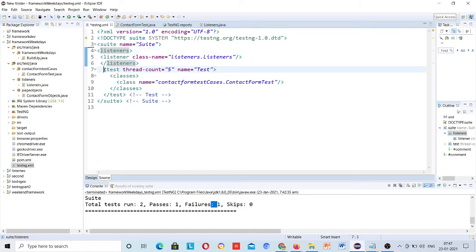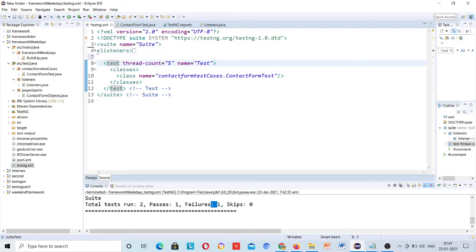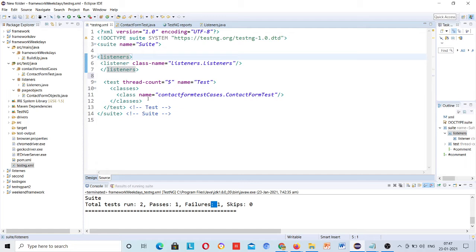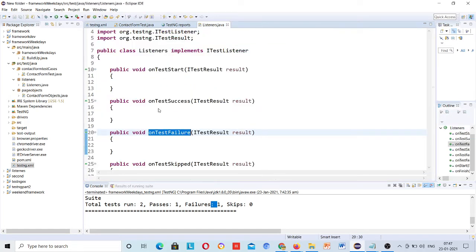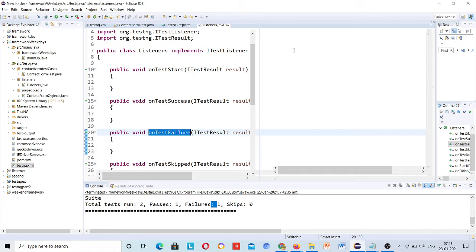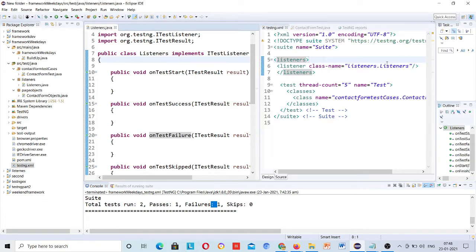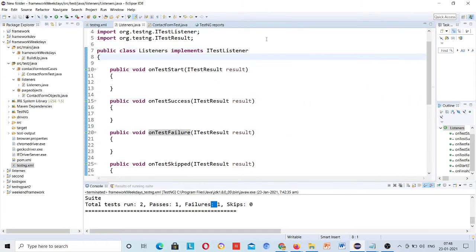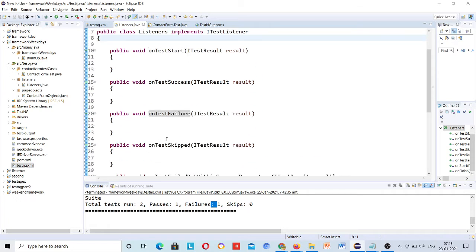So if anything fails, then I have to jump to the failed method. If any passes, then I have to jump to the pass method, right? If start, then I have to jump to the start method. Okay, so this is on test failure.